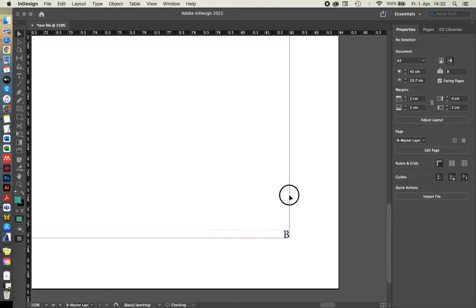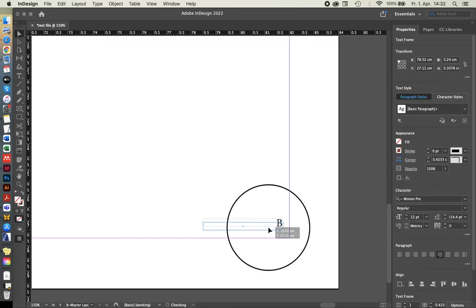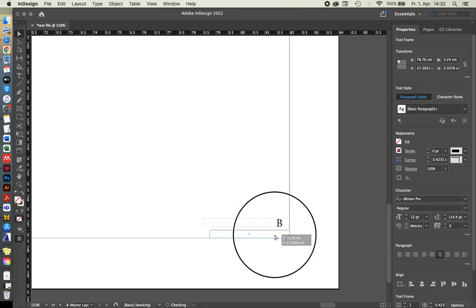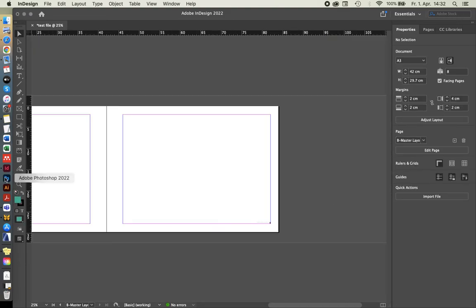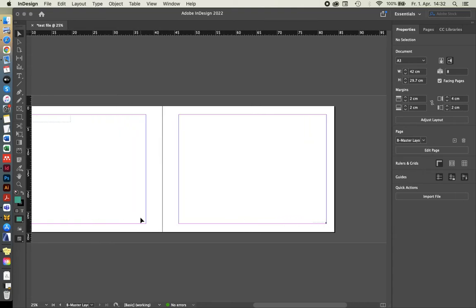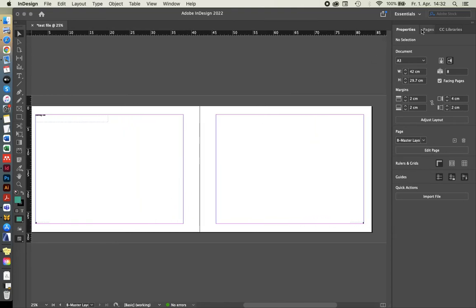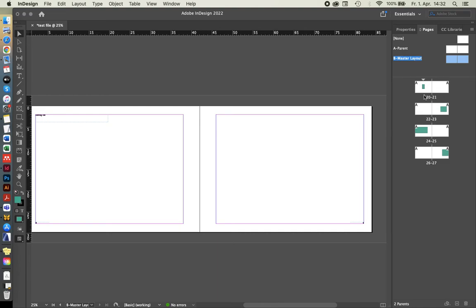You can see those margins that we had set up in the document previously. They work as smart guides, so your selection actually kind of locks into that space. So that's really, really helpful to make sure that the 2 text boxes on that bottom are aligned with each other. Now going back to pages,